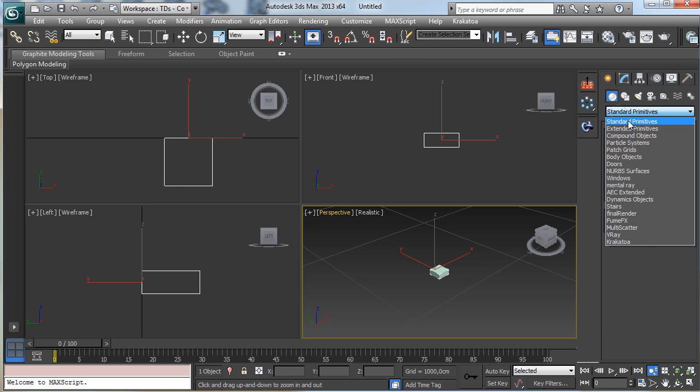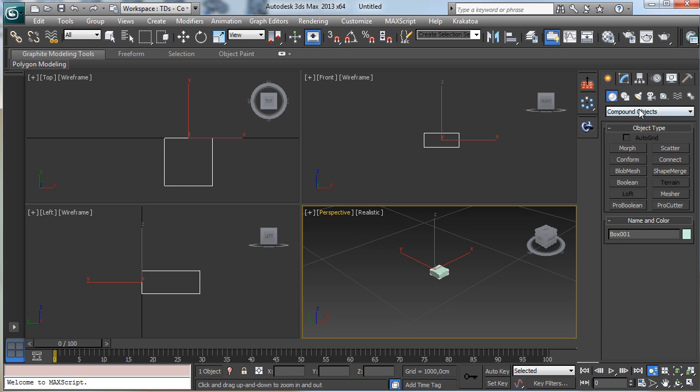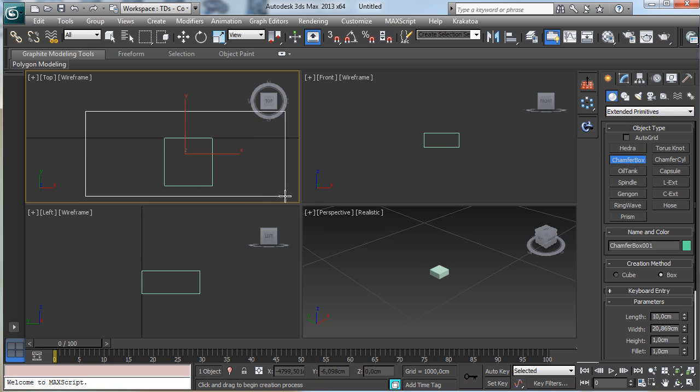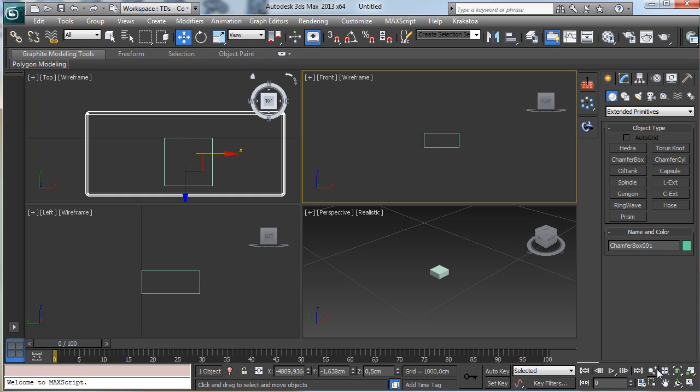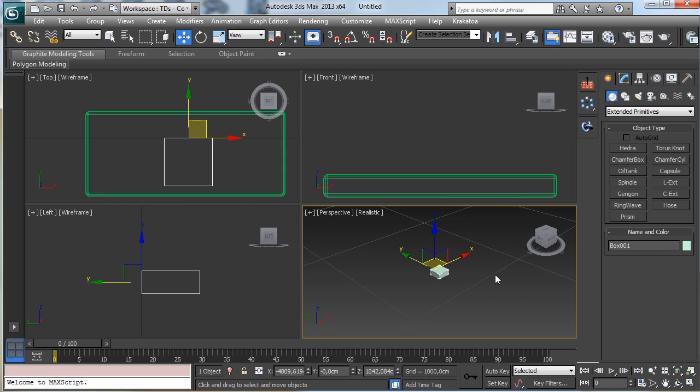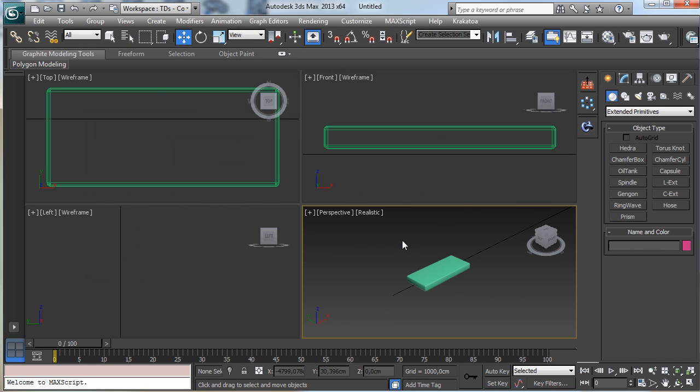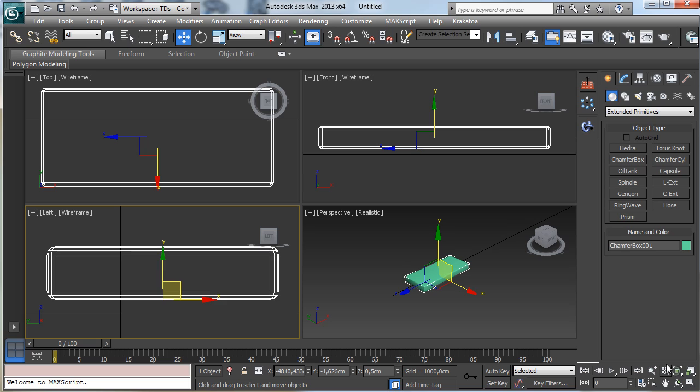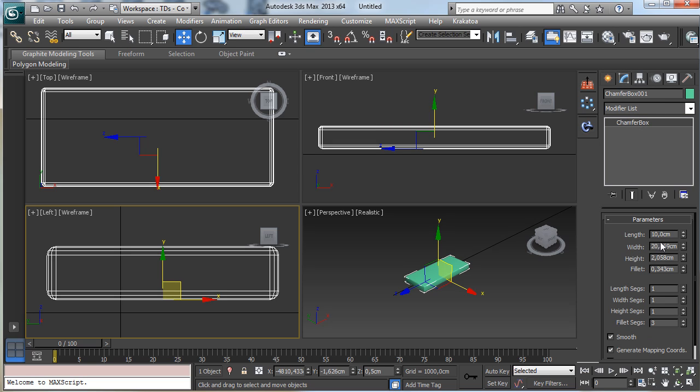So let's use an extended primitive to create the first object. And let's see where we have this object. Let's remove this one and let's zoom everything and zoom this one too. So this is 10 centimeters by 20 centimeters, so we can imagine